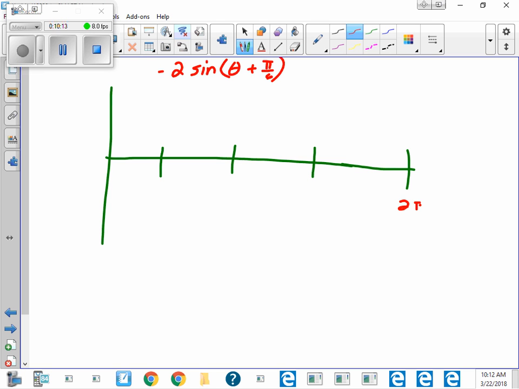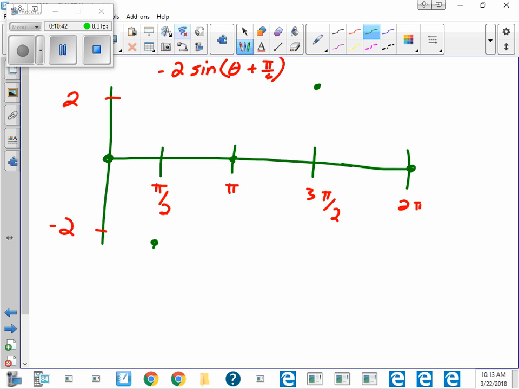So 2 pi, 3 pi over 2, pi, and pi over 2. And my amplitude is from 2 to negative 2. It's upside down. So the original sine graph is going to hit here, here, here, here, and here,